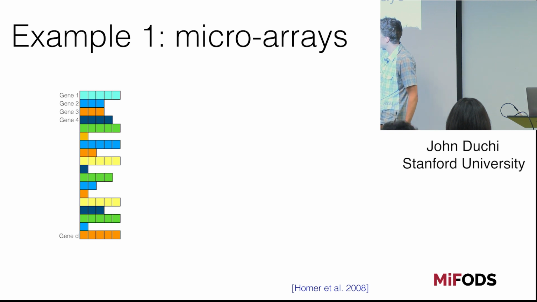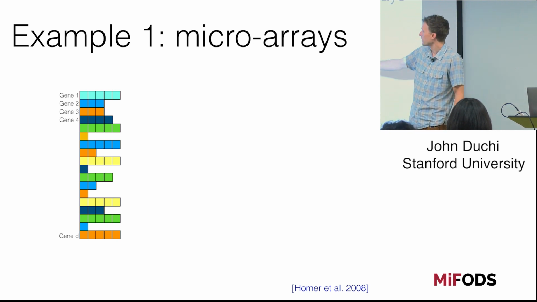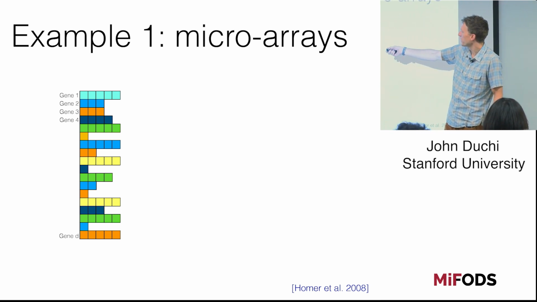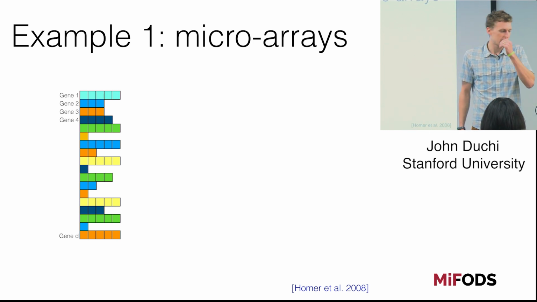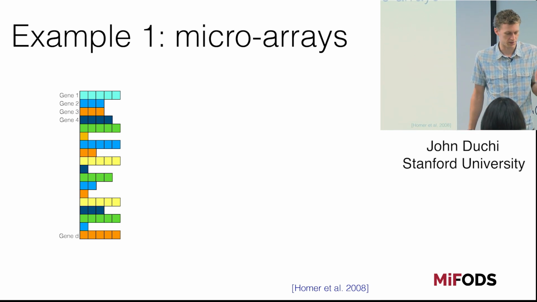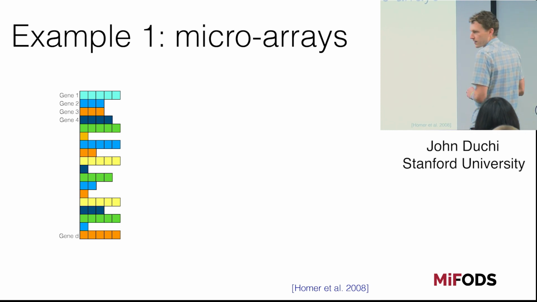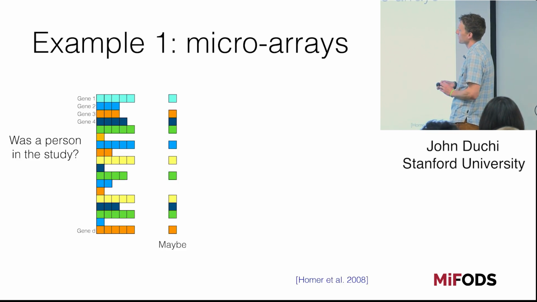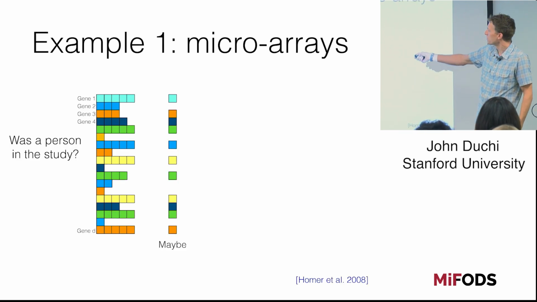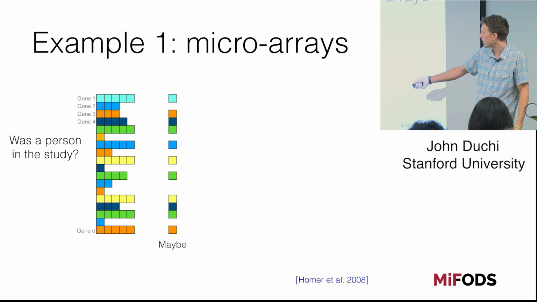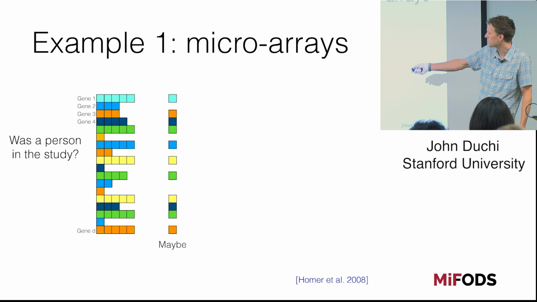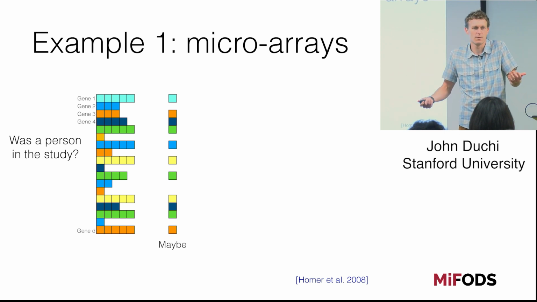Okay, so here's a funny example. Here's gene 1 and the number of times it was expressed, up through gene D and the number of times it was expressed. Now somebody comes to you, or maybe I'm an insurance company and I want to know, was this person I'm trying to insure in this data set of cancer survivors or something like this? So here's one person's genes, and maybe they were in the study, maybe they weren't. They have a lot of counts at genes appearing in places where there were a lot of counts. Maybe they were, maybe they weren't.